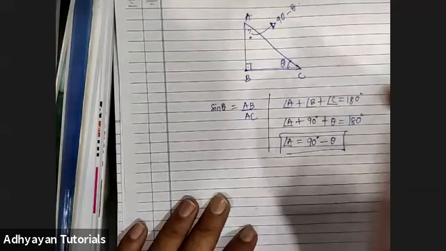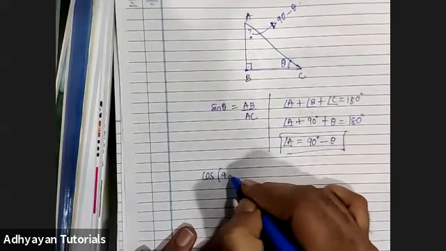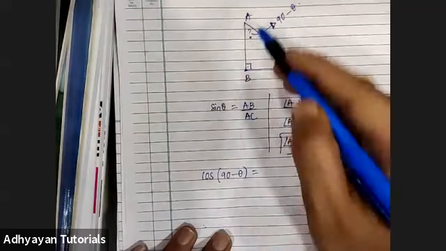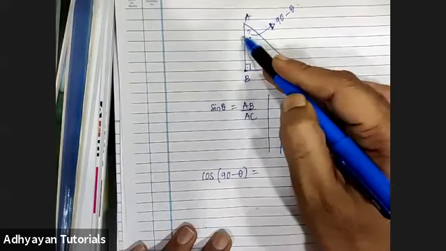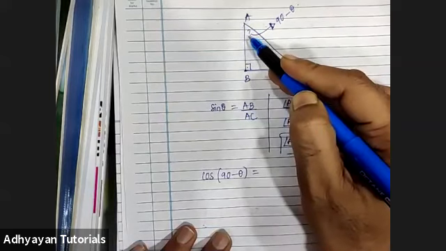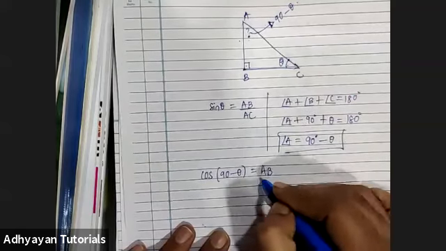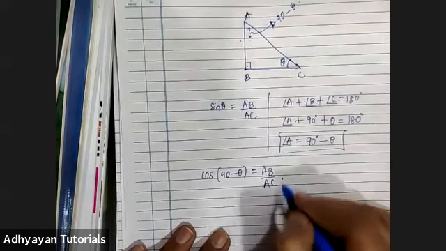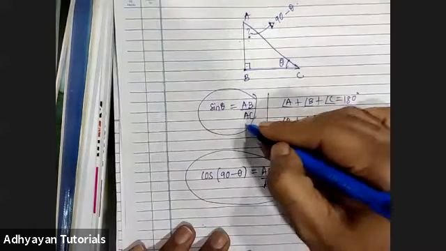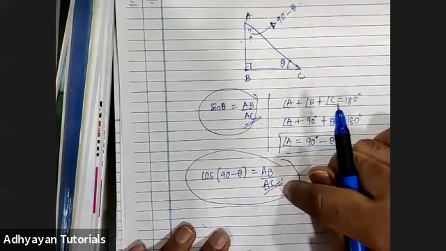Correct? Now children, what if I ask someone what is cos 90 minus theta? That means cos of angle A, because 90 minus theta means this angle. So according to A, the formula for cos theta is adjacent upon hypotenuse. So according to A, the adjacent side has to be AB upon the hypotenuse has to be AC. So when you look at this and this, are the right hand sides of both equal? See, here also AB upon AC, here also AB upon AC.